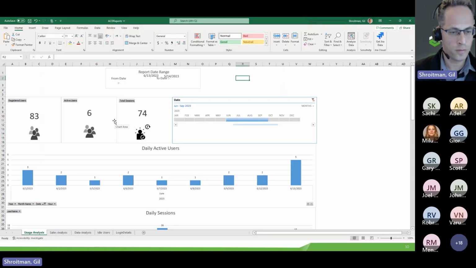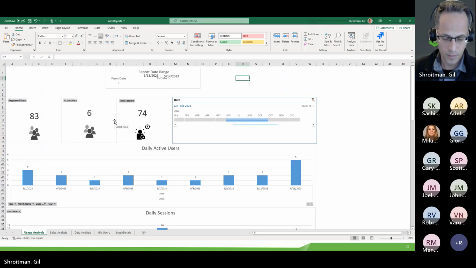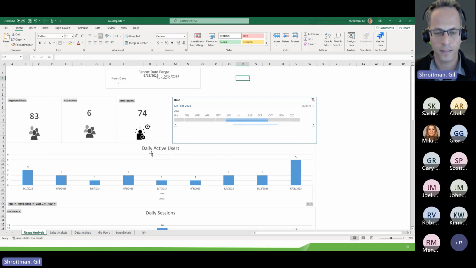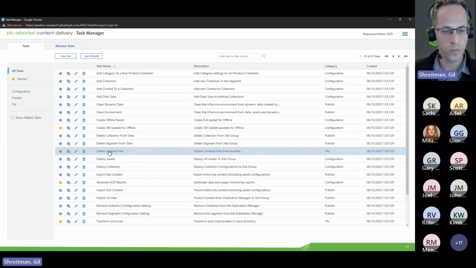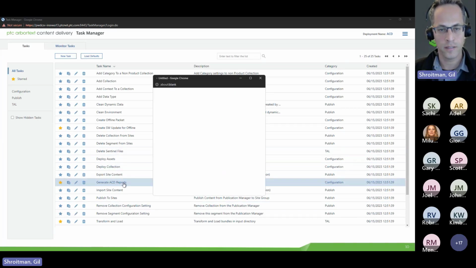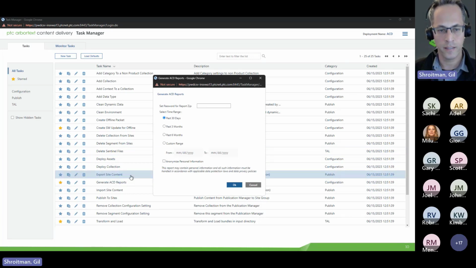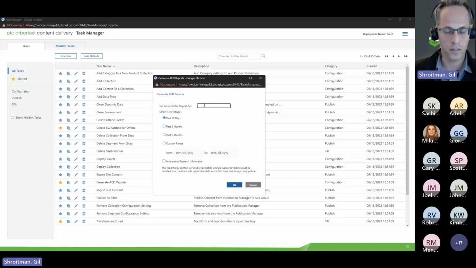Also wanted to show you some of the improvements that we introduced around the ACD reports. As I mentioned, this is the spreadsheet that we get while generating the task manager task. That's also been introduced back in 7.2.0.2. If you're talking about the task manager, we have the generate ACD reports. This is another task that we introduced. It allows you to select the time frame for the report, export. You can also set a password so that the access to that spreadsheet will be restricted to a subset of